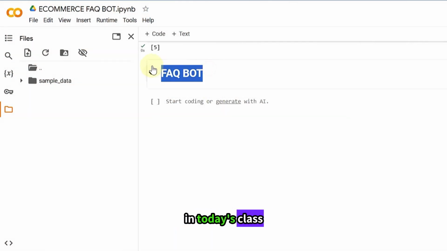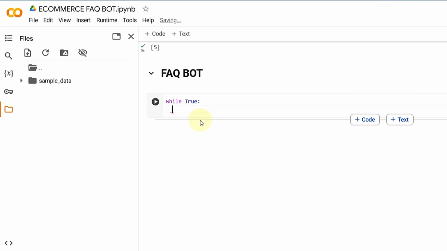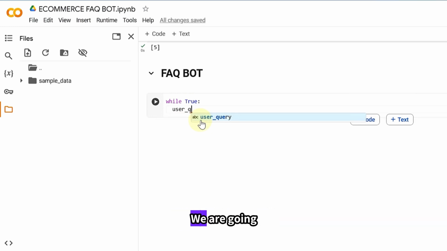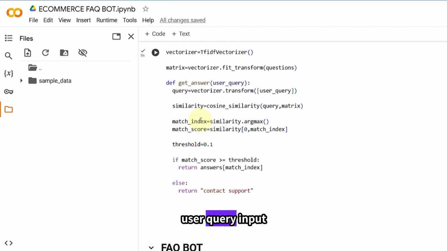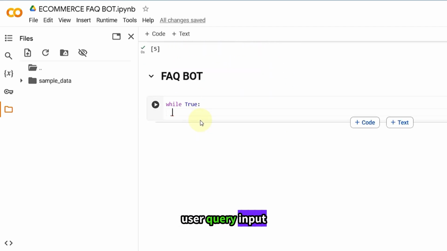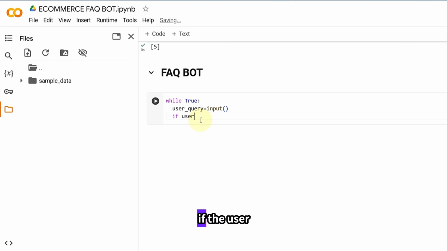Welcome everyone. In today's class, we are going to complete our e-commerce fact bot. Now we are going to create the user query input. For that, you need to type the while condition. You have to type while True, that's the Boolean value true. While the condition is satisfied, we are going to ask for the user query input. So after that, if the user query